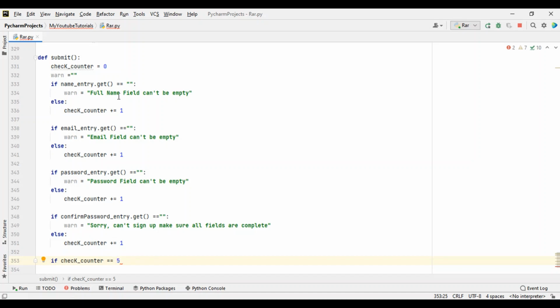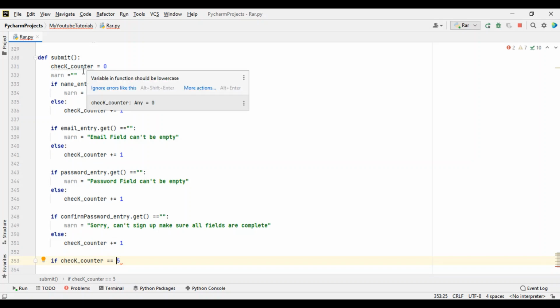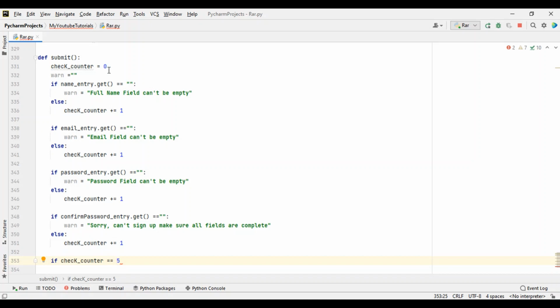So why are we saying 5? Because how many do you have? 1, 2, 3, 4, 5. So the check counter is going to be checking 5 times. First it checks, so it will count 0 for the first time, and it will check the name entry. If the name entry is filled, there's something inside, it counts +1 again, which becomes number 2. It counts again 3, it counts again 4, counts again